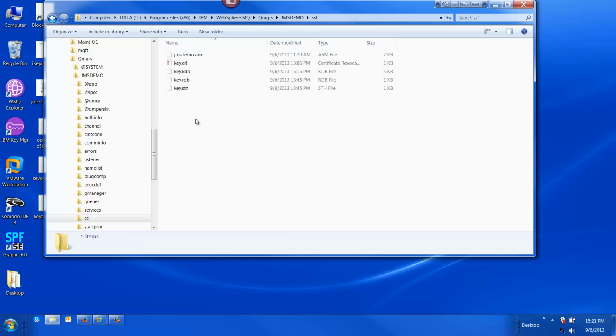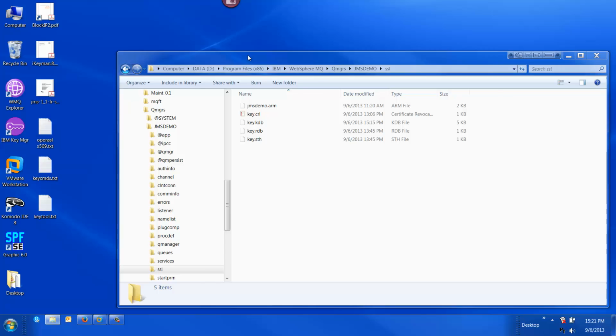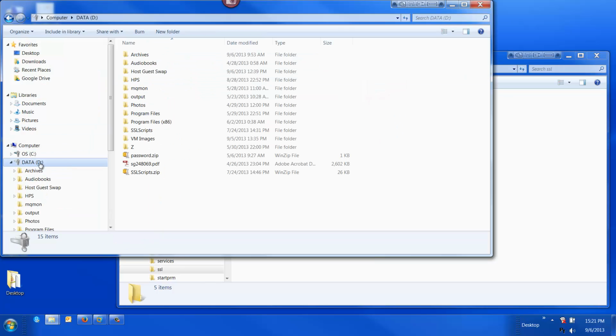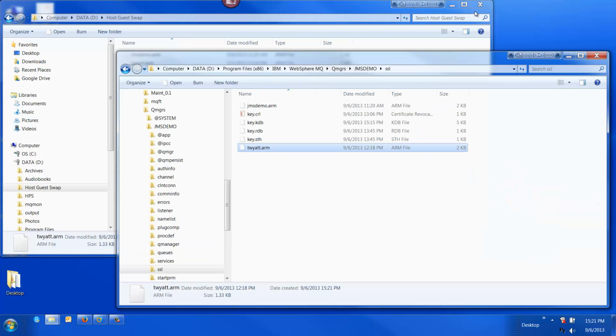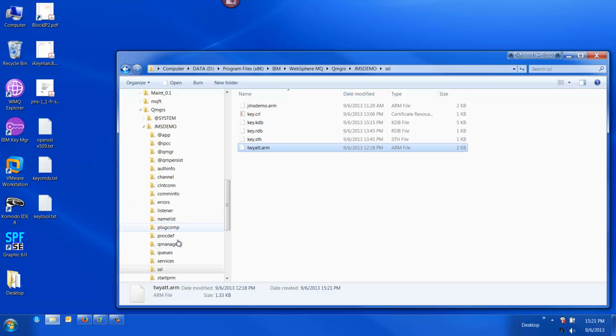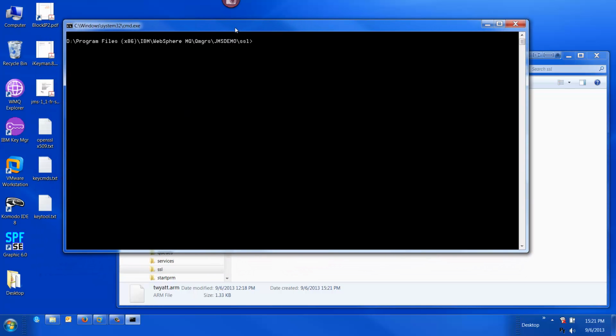Now we're taking a look at the Queue Manager's SSL directory, and we see that it has a certificate of its own, but it still doesn't have the one that we created in Explorer. Now that was in a guest virtual machine that we stashed its certificate in this directory. We're going to copy it over. It doesn't actually do anything until you add it to the key store. So we're going to go ahead and do that, run the MQ AKM command and add that TWyatt certificate into our